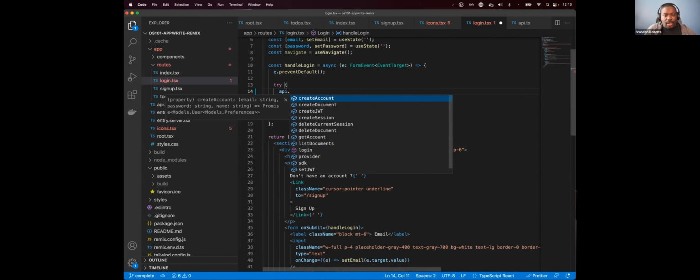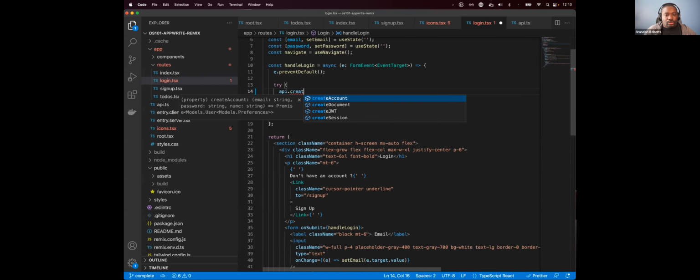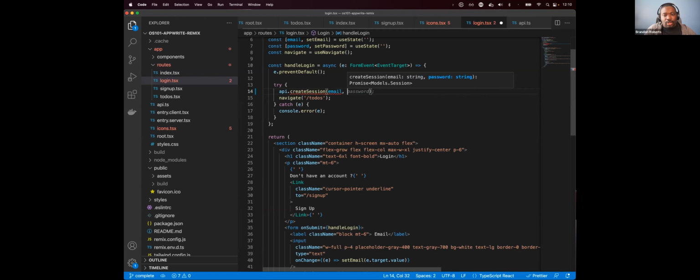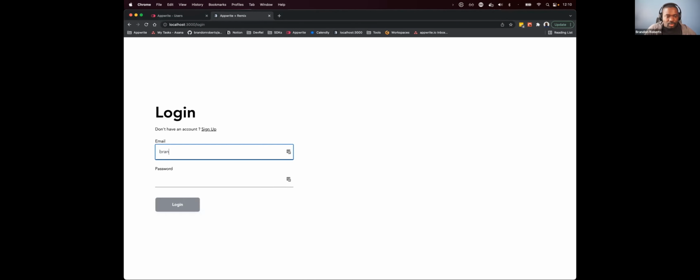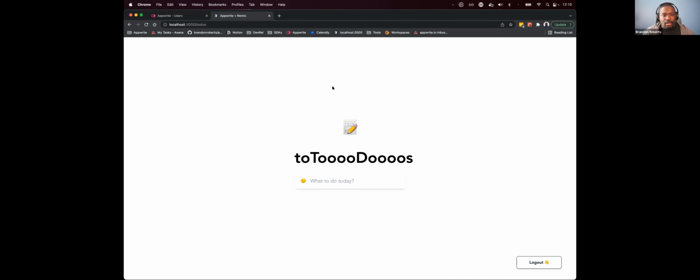So I use the API, and I want to create a session with email and password. So now I should be able to log in here without having to configure anything. And it brings me to this to-dos page here.